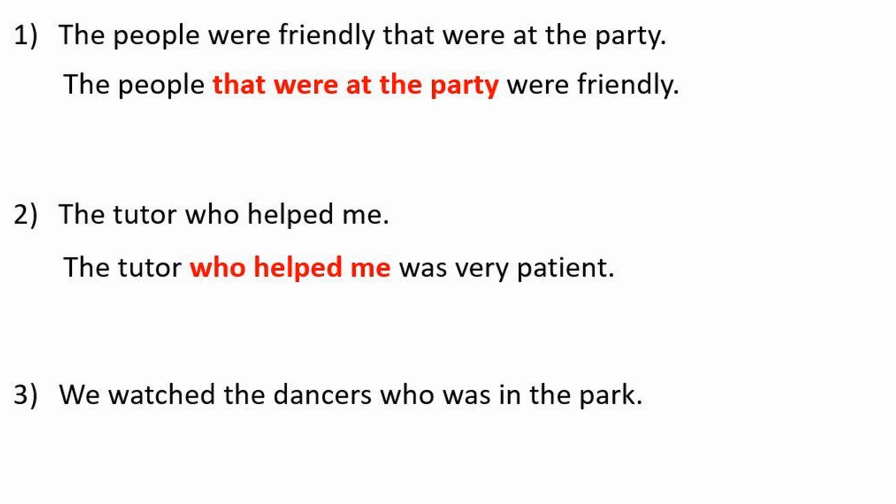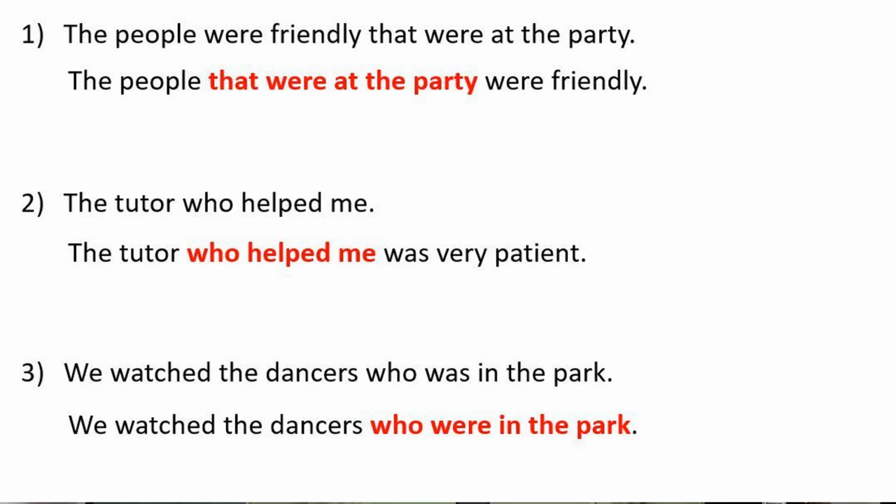And finally, in our third sentence, we notice that the adjective clause that we're using doesn't reflect the noun that it's describing. Here we have a plural noun, but the verb in our adjective clause is a singular verb. Remember, we need to match the noun that we're describing. So plural noun needs a plural verb. And so we should change it from was to were.